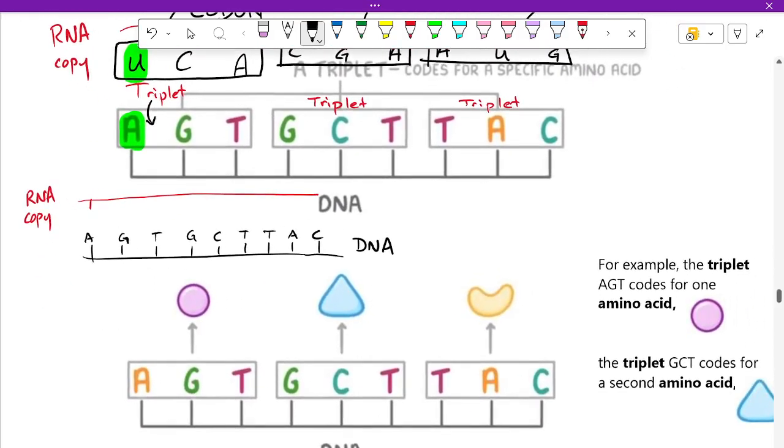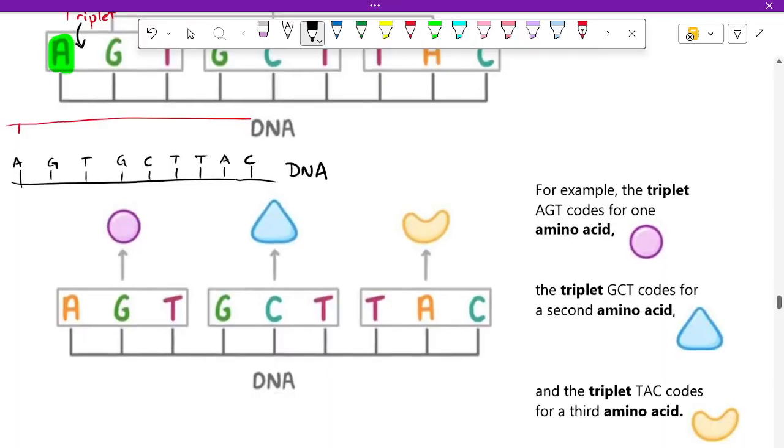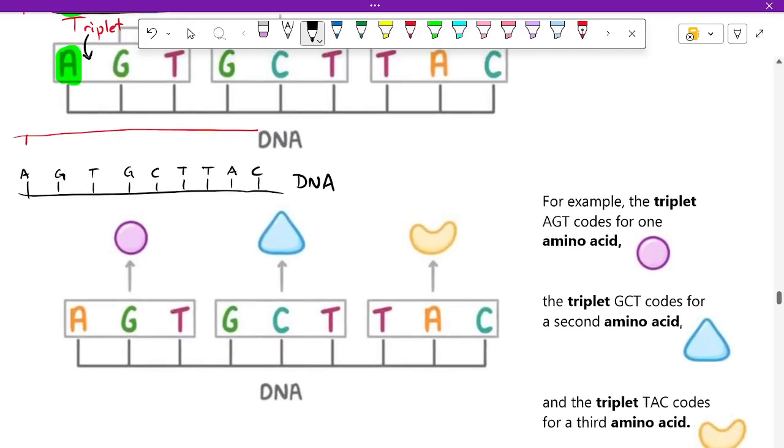Okay, so we got our 3-letter code. Every 3-letter code tells you a different amino acid. So in this example, AGT, the RNA code would be UCA, and that gives you an amino acid like the little pink circle amino acid. Yeah? If we have GCT, the RNA code would be CGA, and that would give you a little blue triangle